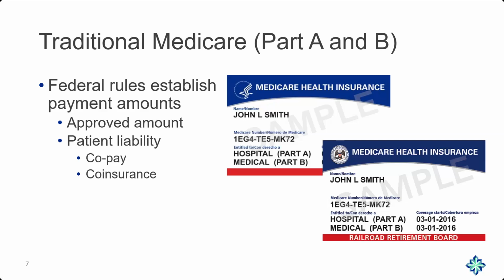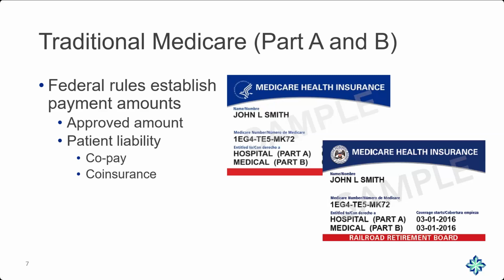One thing I do want to point out with traditional Medicare, when you're talking about Part A and B Medicare, it is processed in a couple of different places. The Medicare Administrative Contractor, or MAC, for your state processes the most claims. However, there's another MAC, and it's called the Railroad MAC, or RRB MAC. They process claims specifically for people designated eligible for Medicare under the Railroad Retirement Benefits.